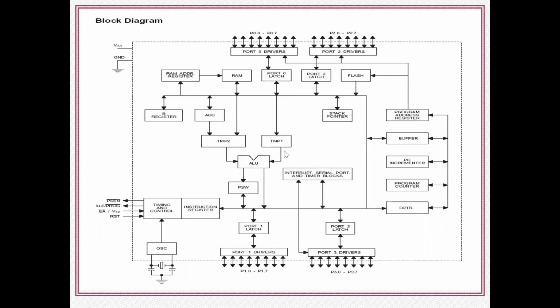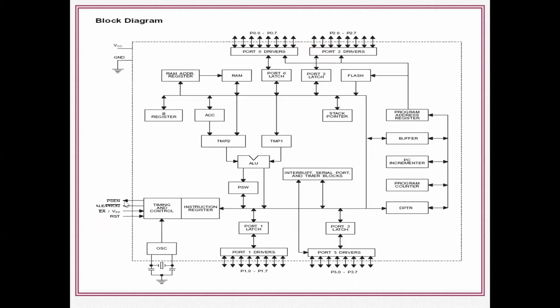In addition, the B register is also available. We discussed earlier that it is an 8-bit CPU with A and B registers. The A register is there, the B register is there, and the stack pointer is also available, as temporary storage. Okay, and next is the instruction register, and the timing and control unit is also available.